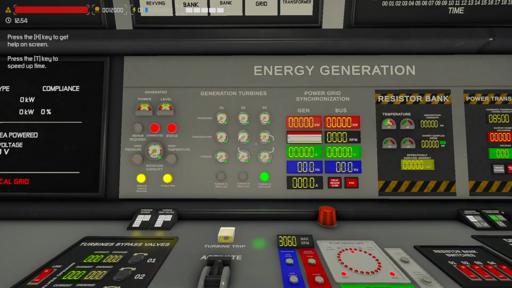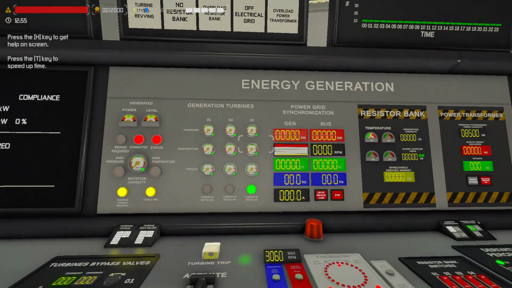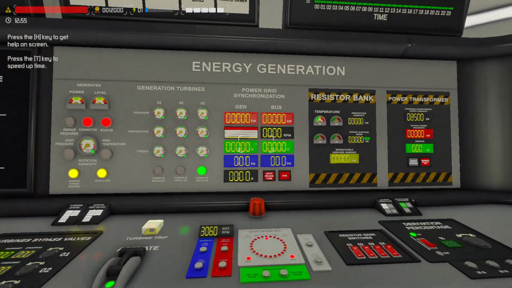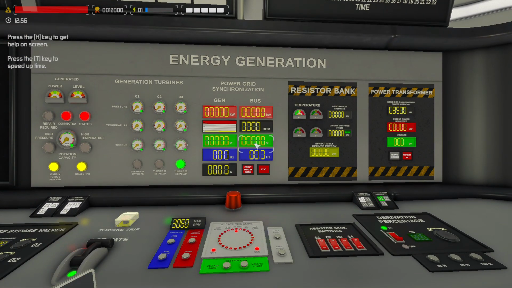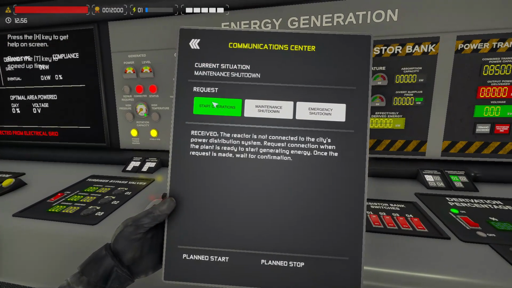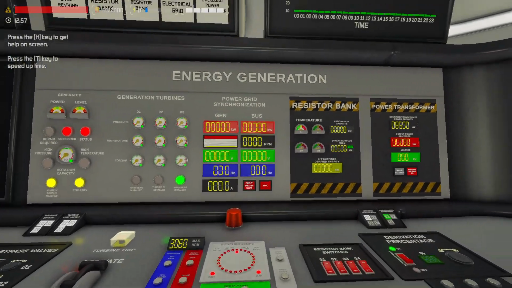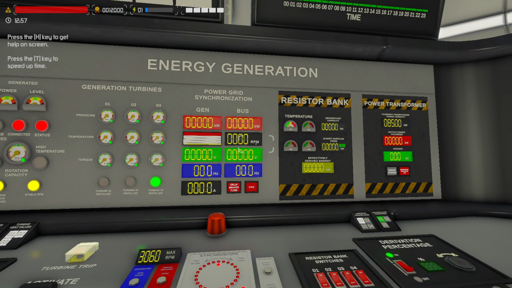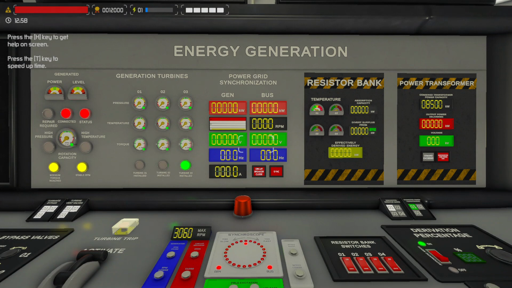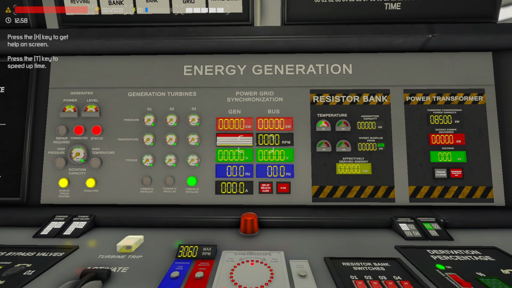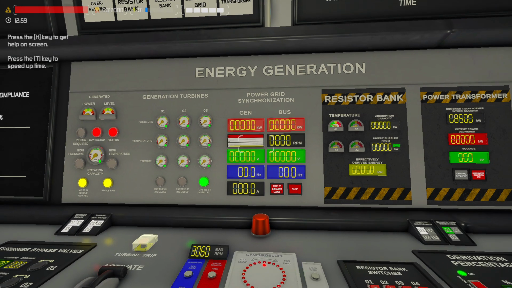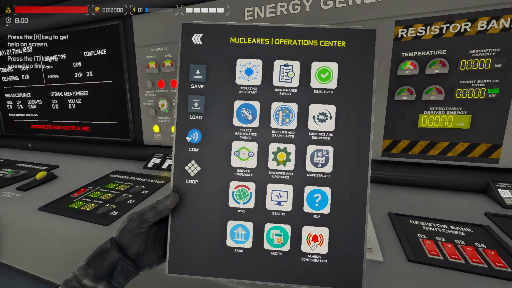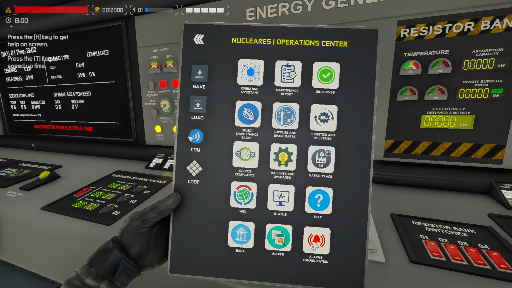Now your turbine, okay? So 3 loops, 3 parts of the turbine, and then you actually only have 1 generator. And when you start up, if you don't ever request to start operations, your turbine will never be able to connect to the city's power. And it's just going to be spinning and spinning and spinning, and you'll never be able to parallel. And then it's going to eat itself, and it's going to break. So make sure when you're ready to start operations, like maybe an hour, 2 hours, something like that, out,